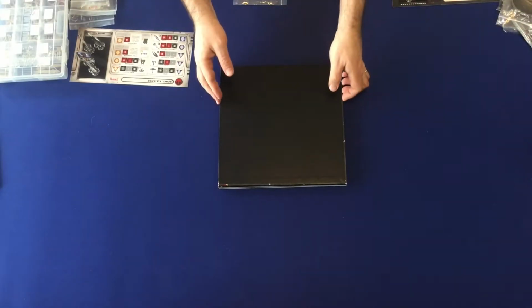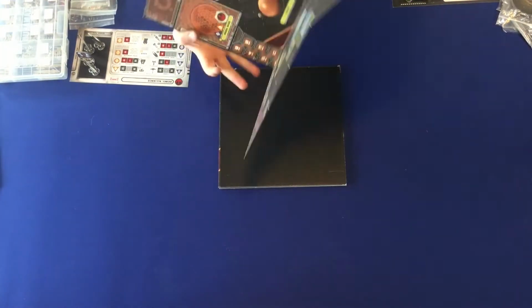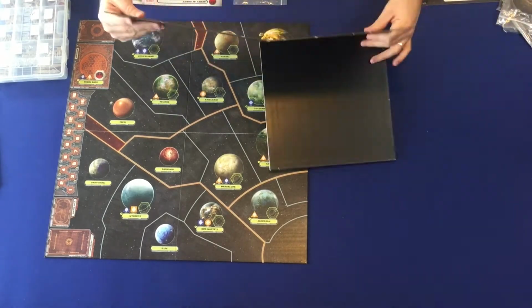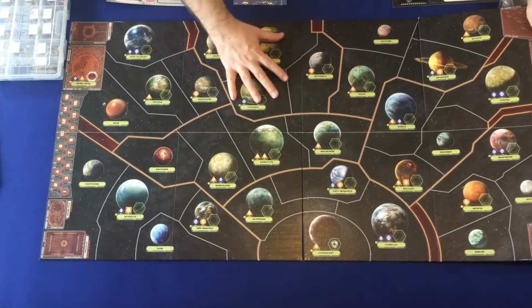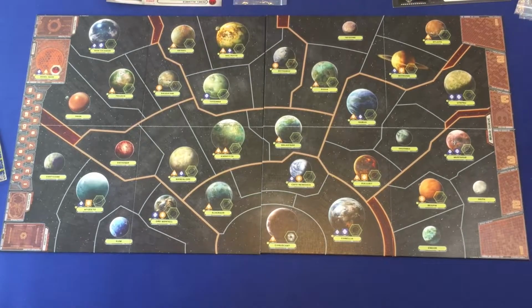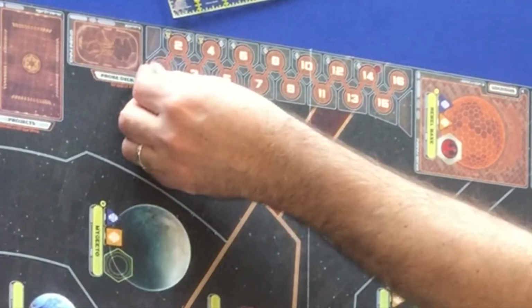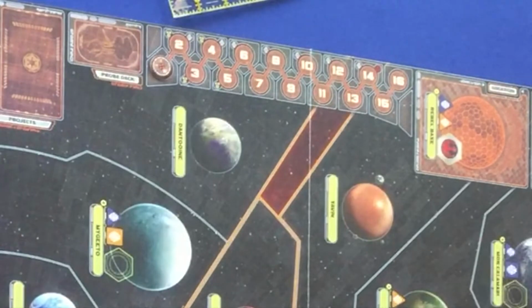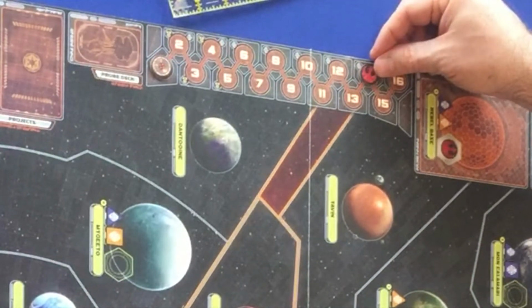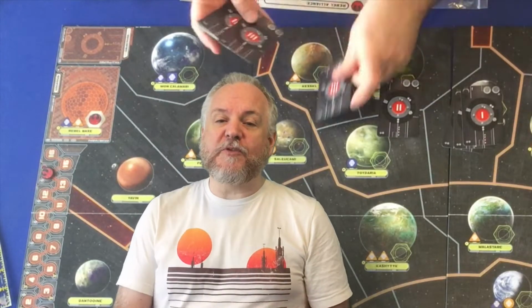Unfold the two boards and line them up in the middle of the playing area. The Imperial player sits so that the system names are facing them. The Rebel player sits on the opposite side of the board. Place the time token on space number 1 of the time track and place the Rebel reputation token on space 14. The Rebel player prepares their objective deck by separating the cards based on the numbers on their backs, 1,